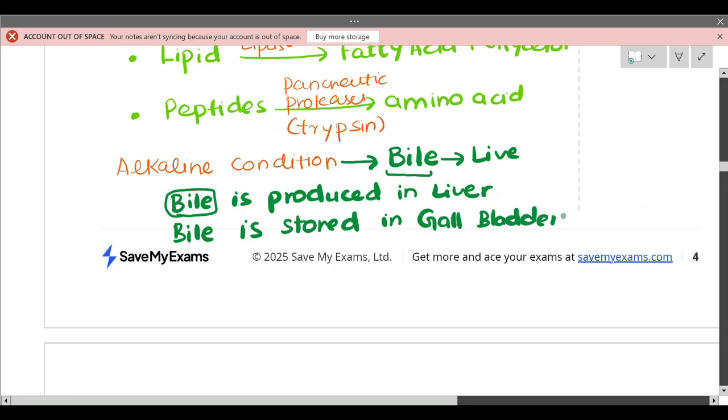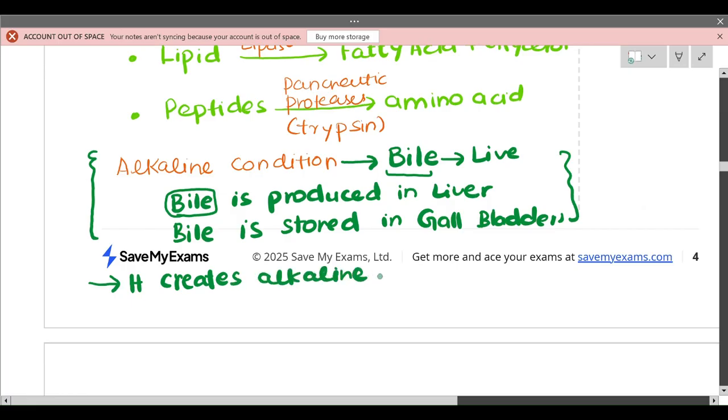So let's look back at what the function of bile is. As I told you, it is responsible for creating the alkaline condition. Let's write it here: bile creates an alkaline environment so that pancreatic enzymes can work. And another very important thing it does is that it is involved in the